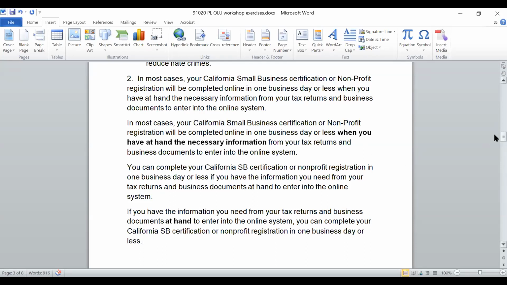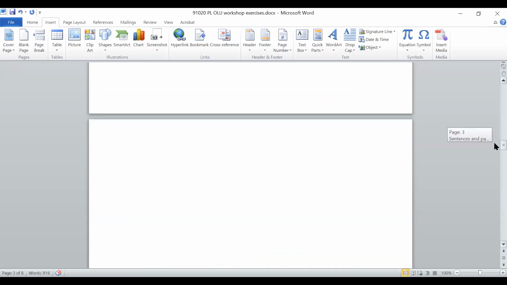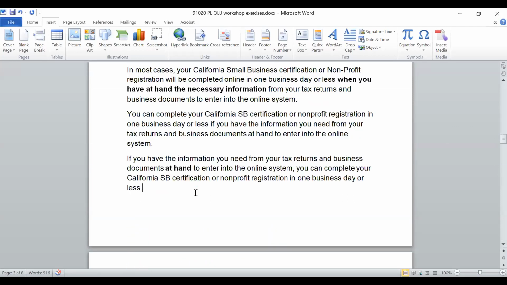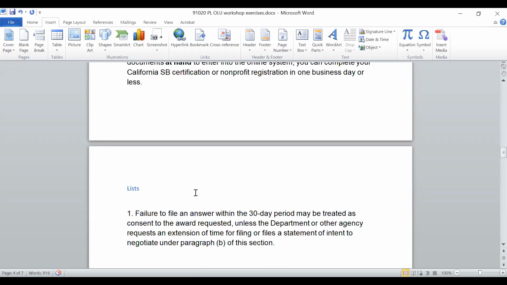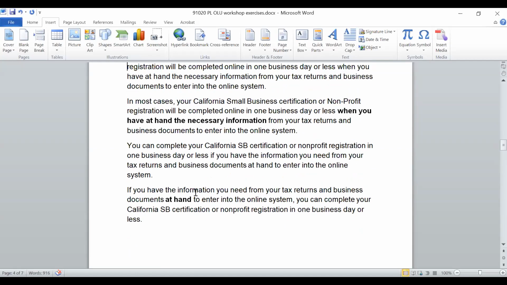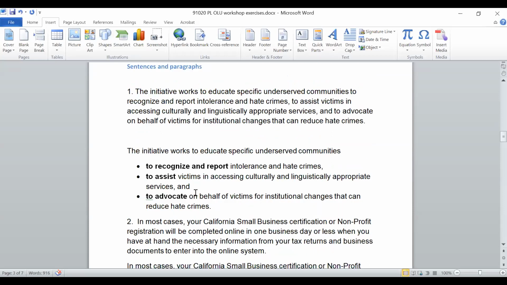I think we have a couple more exercises. Another question from Udit. I had heard that items in a list should begin with the same type of word, noun, subject, or verb. You should not begin a list with one item being a noun and another item in the same list with a subject or another verb. Is that correct or incorrect?